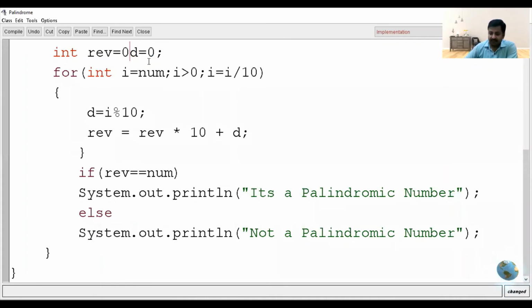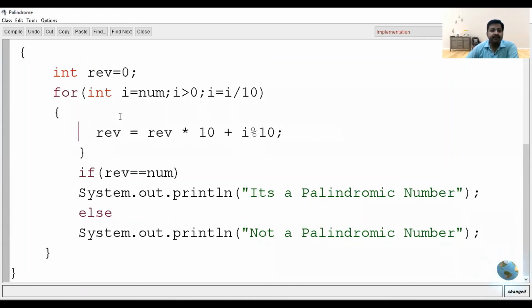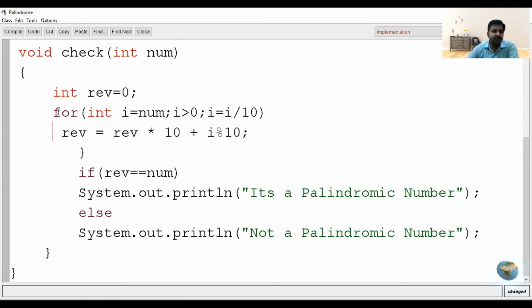See, I'm just removing this variable and this part also, and writing this instead of d over here. So this thing also can be done. It will give the same result, or you can remove these curly braces too, because after for we just want to execute only one statement. So there is no need to apply curly braces, but if you want to apply, you can apply.